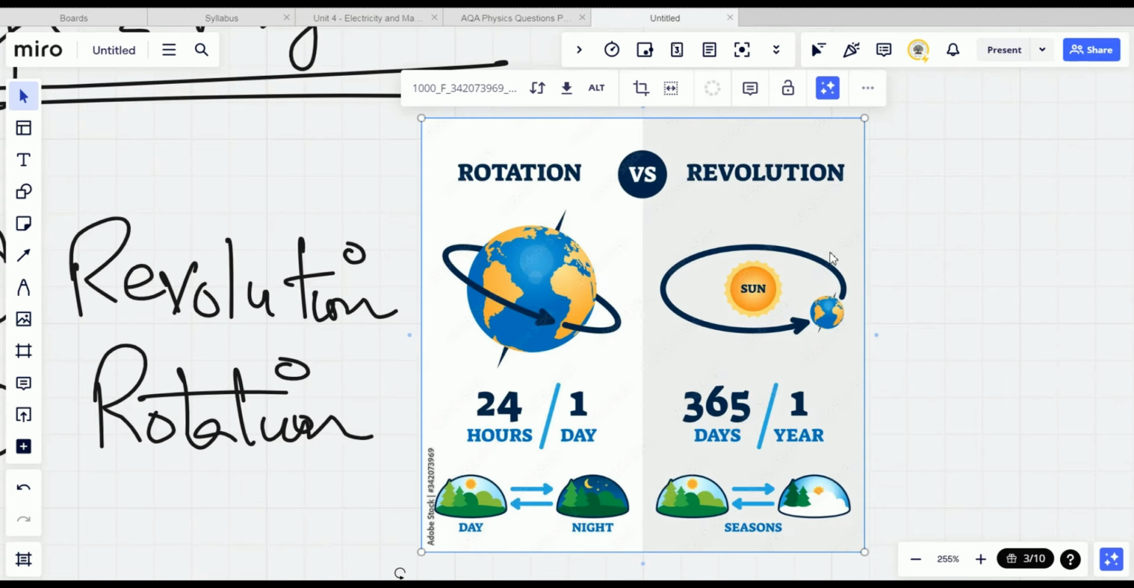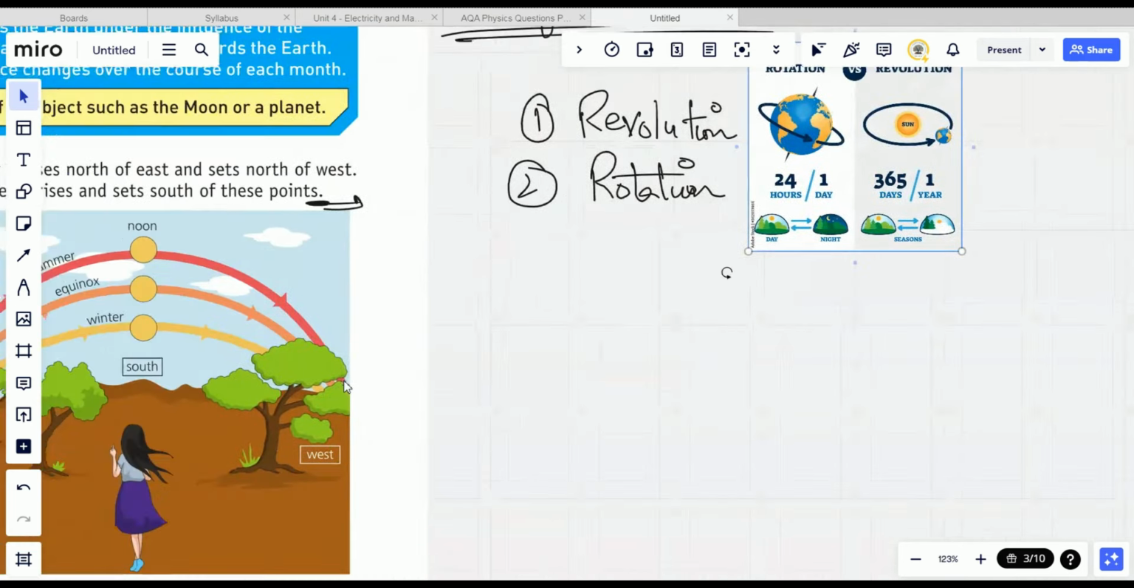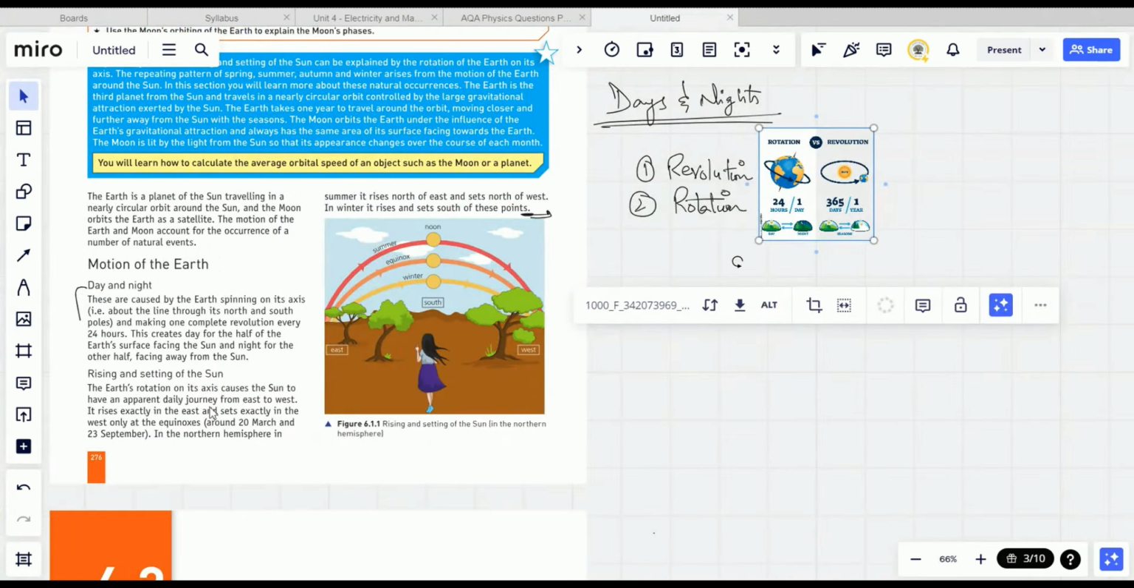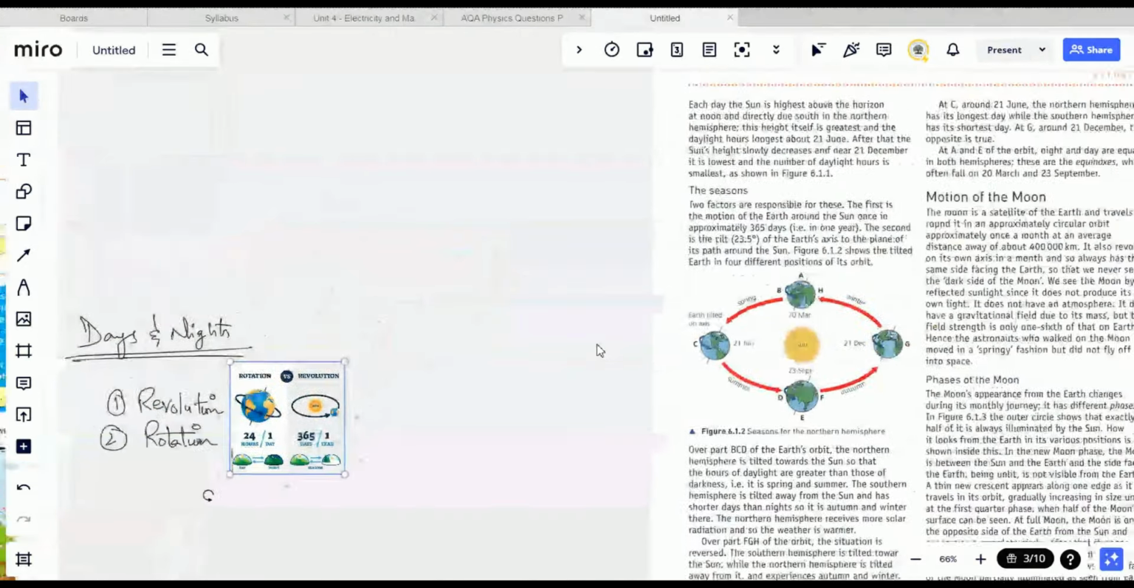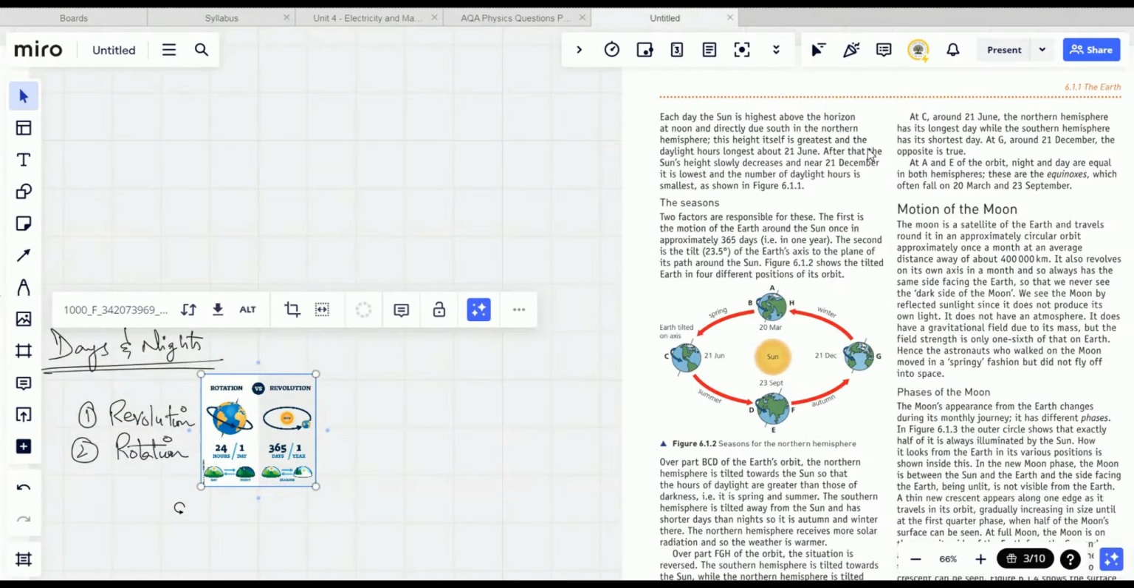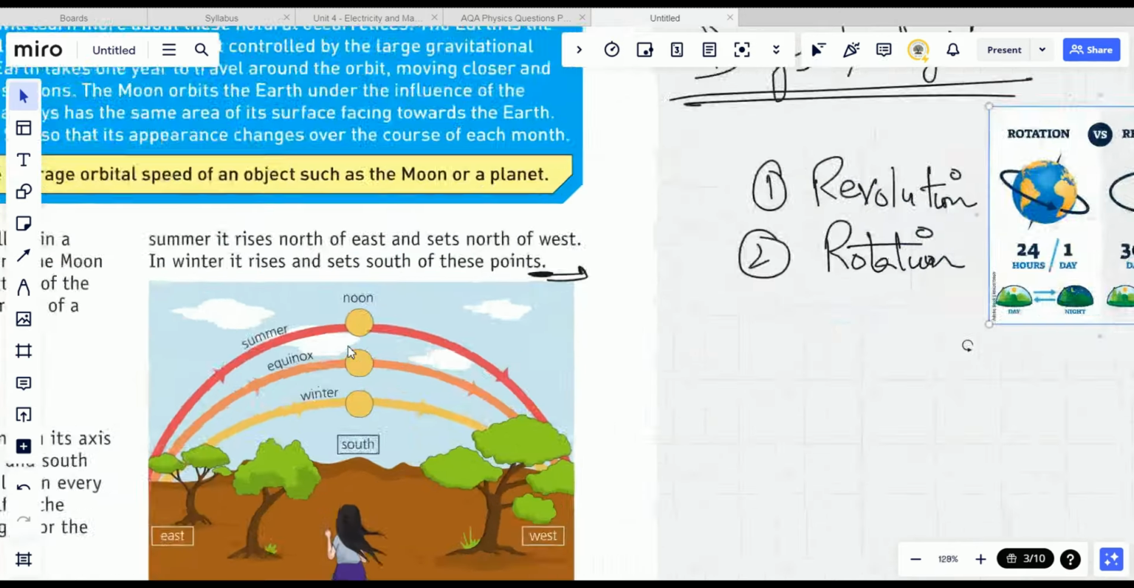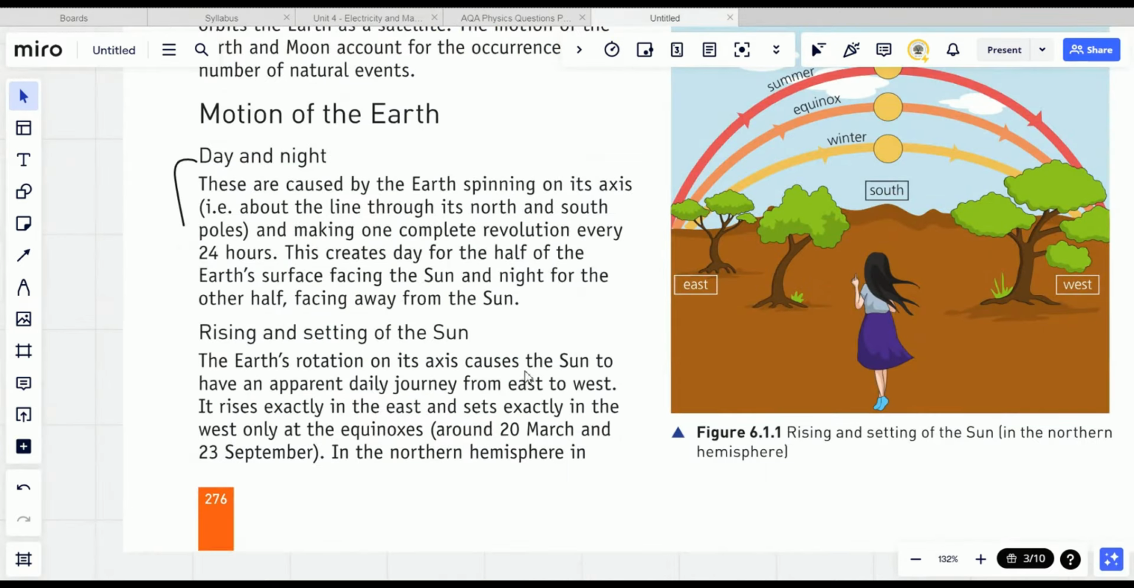Simple, this part? Okay, let's quickly move on to our next point. Let's now quickly talk about this side. The Earth's rotation on its axis causes the sun to have an apparent daily journey from east